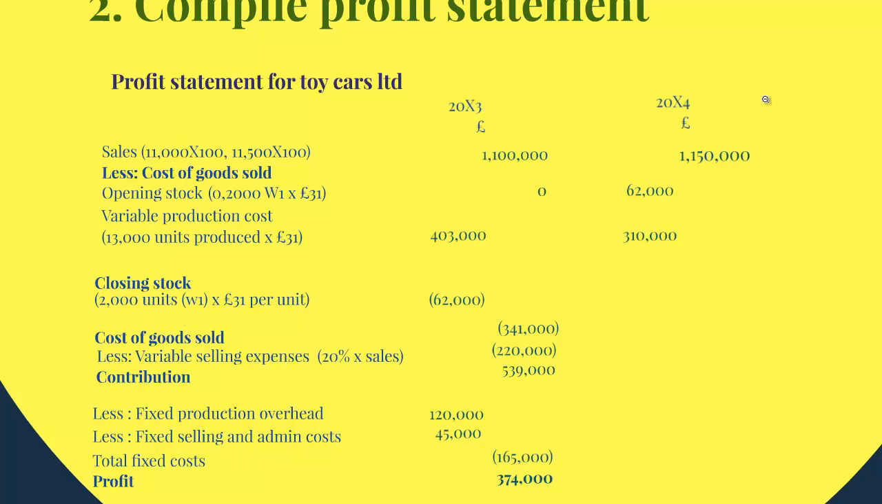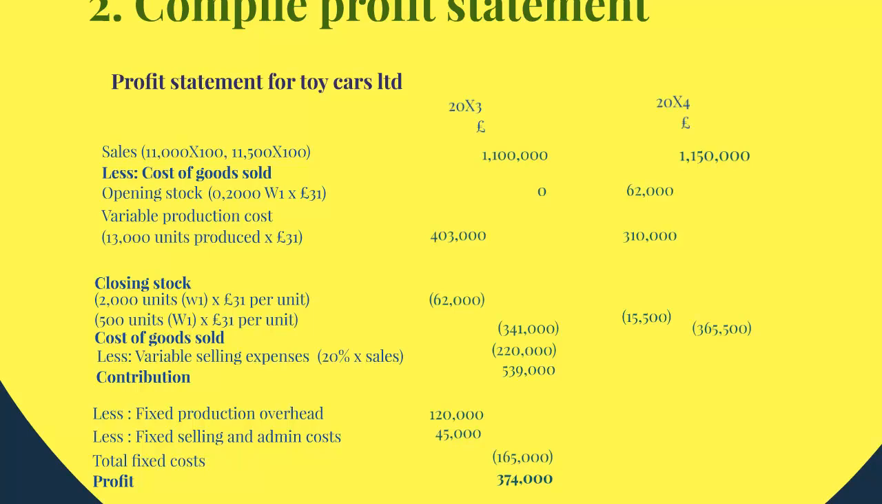So now we need to deduct our closing stock, which comes to 500 units, and we calculate this by taking that opening stock of 2,000 units, adding the units produced, which we know to be 10,000 units this year, and then deducting the 11,500 units we sold, giving us 500 units at £31 per unit. So we need to deduct 15,500 from the statement. And then we need to work out our total cost of goods sold, which comes to